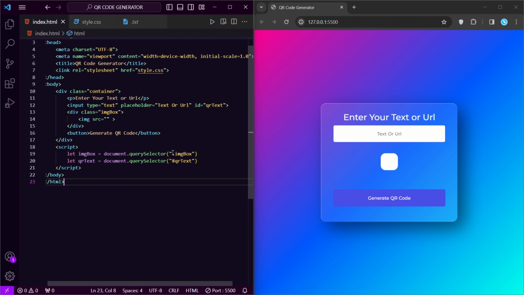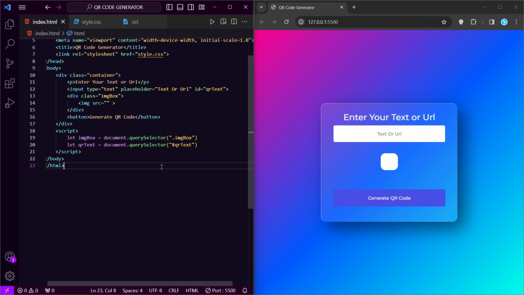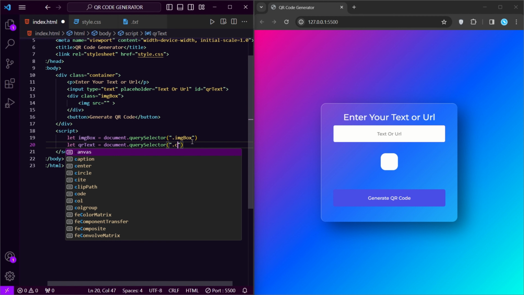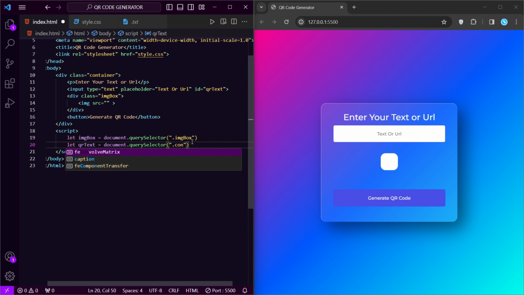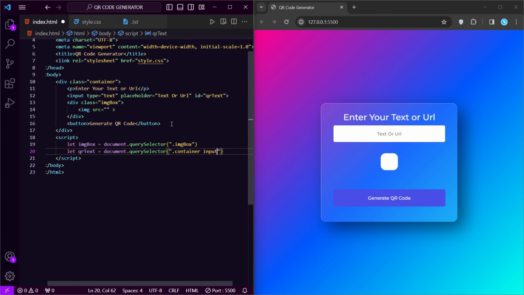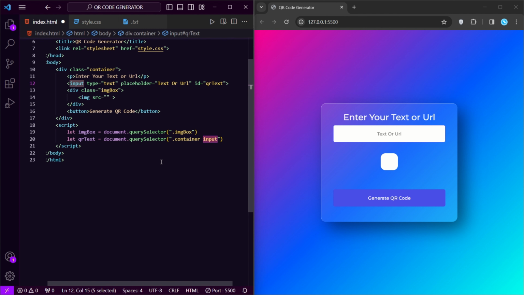Because it is a class, I have to give the dot in the query selector. Or else I can also do dot container input. Here is the class container and only one input is present, so I can target it this way also. Let's go ahead.